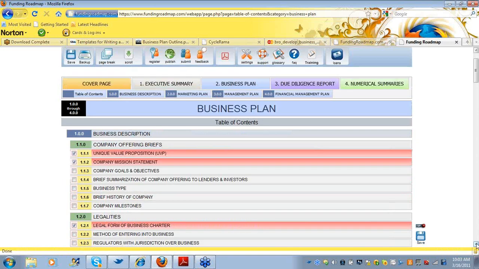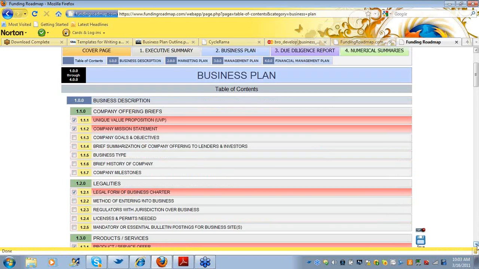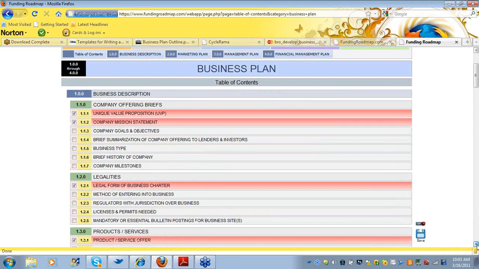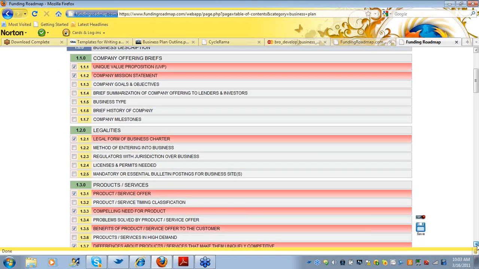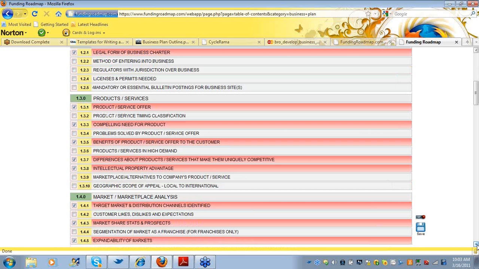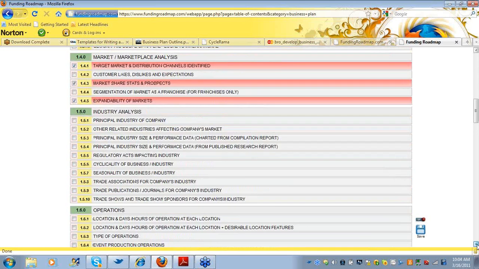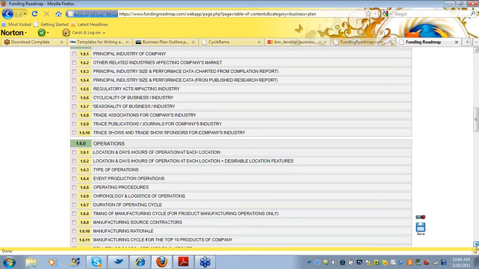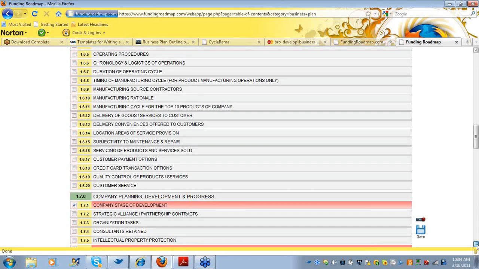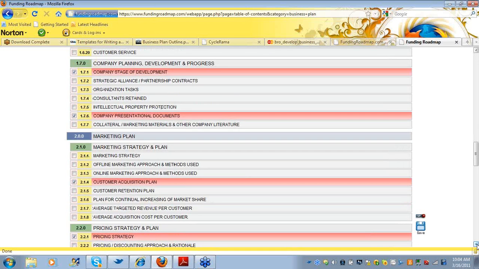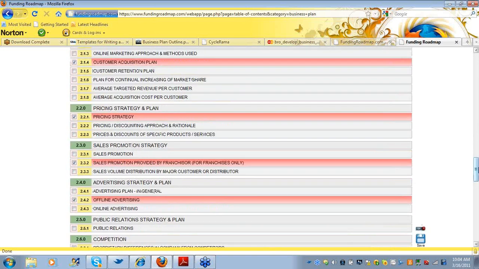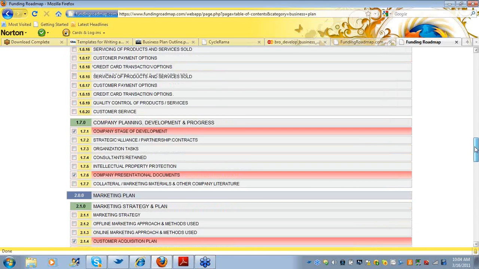We took all the information about your legal form of charter, your products and services, market analysis, industry analysis, operations of the company, company planning. These are the exact same things that you'd find in any of these templates, but we built it in a much more technologically advanced way.